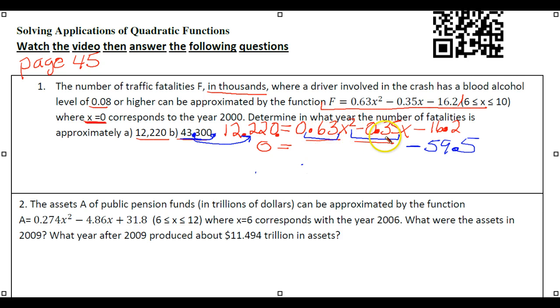Our B term is the same, but our C term now is this. And again, if you have a calculator that can do that, that works out very well, because now our X equals 10. So if 0 is 2000, our new X value is 10, so this will be